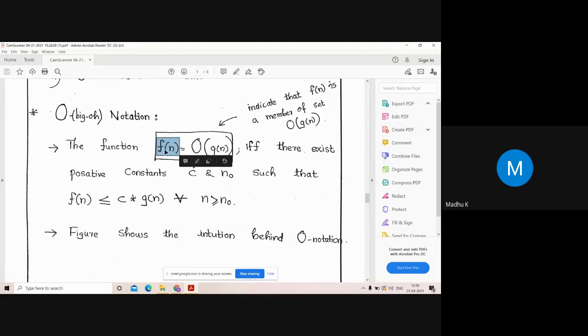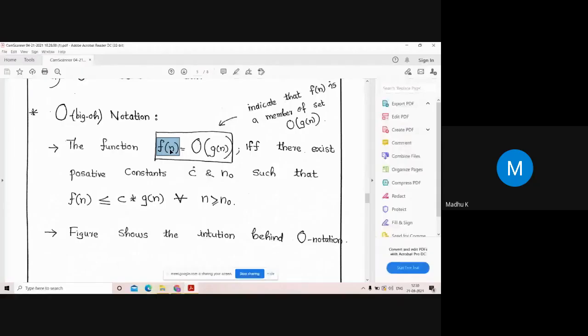The function f of n is equal to big O of g of n. G of n is basically